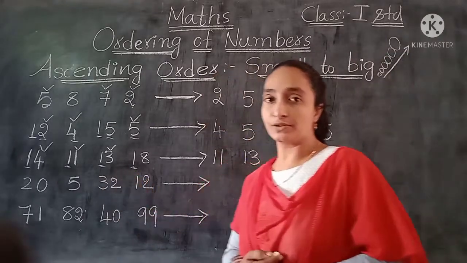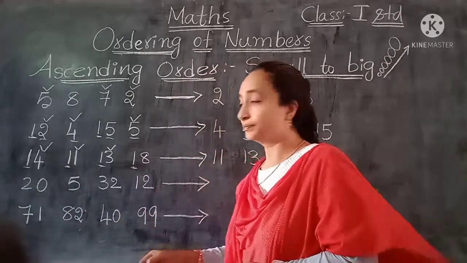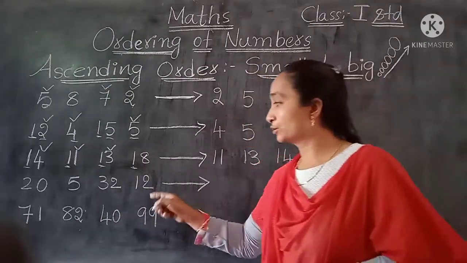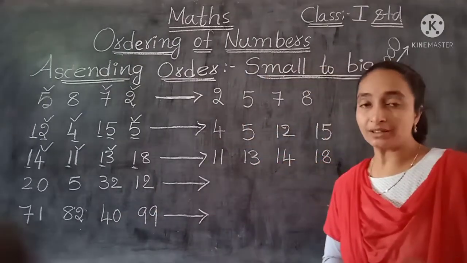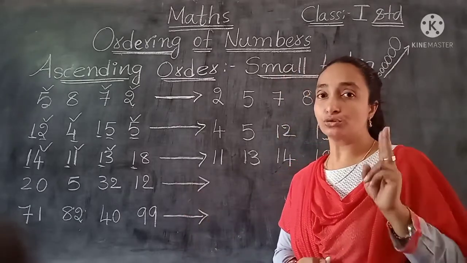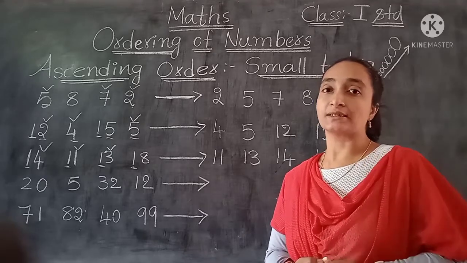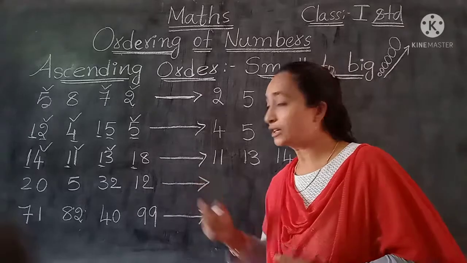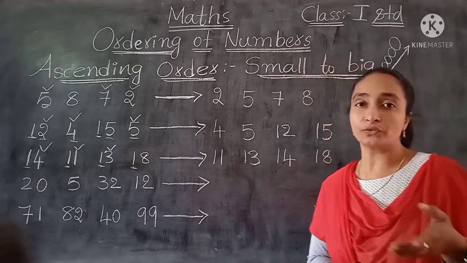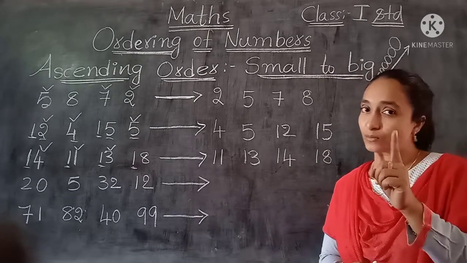Now here if you see, 2 0, 20; 5; 3 2, 32; 1 2, 12. So here 1 digit number is there. Remaining 3 numbers are with 2 digits. So first what we have to do? Yes, the digits we have to check. So here only 1 number we got is a 1 digit number. Now what we have to do? Which will be the small number? Yes, immediately we can say the 1 digit number is the small number there.